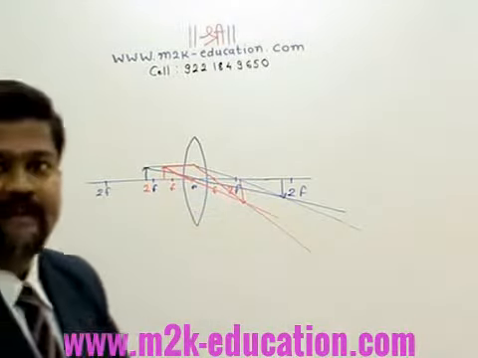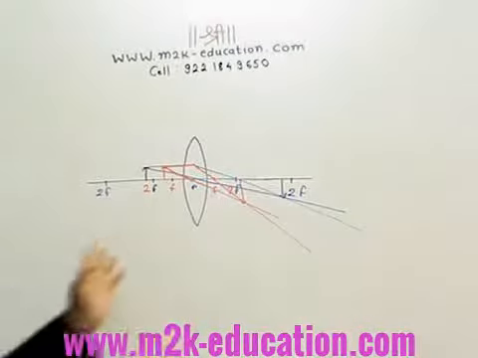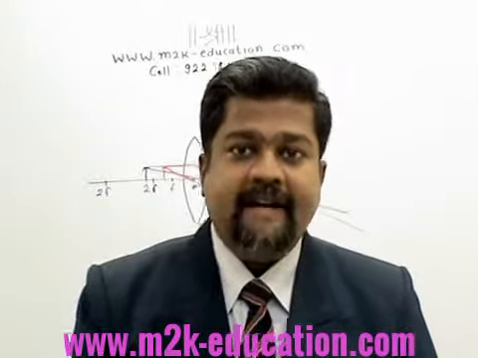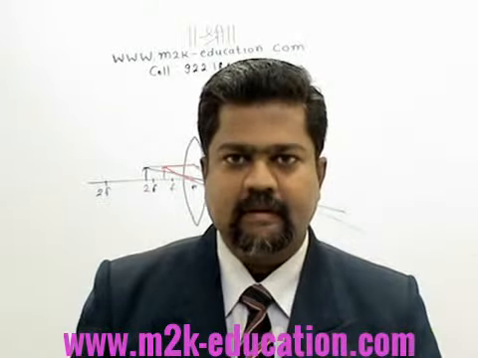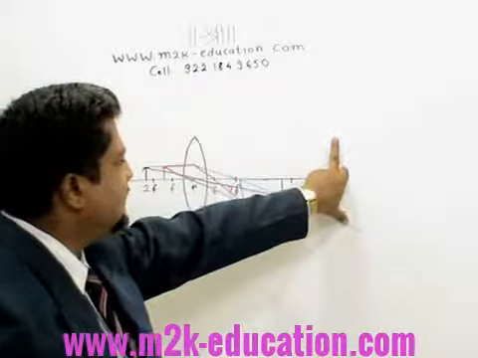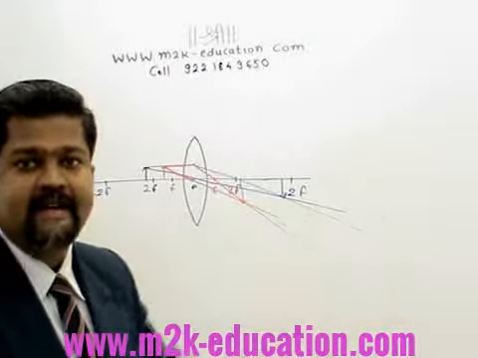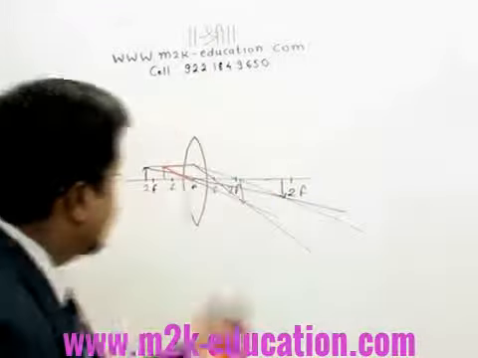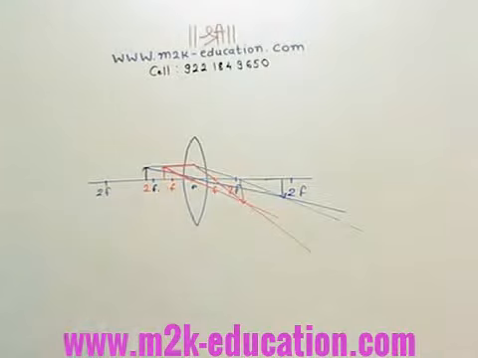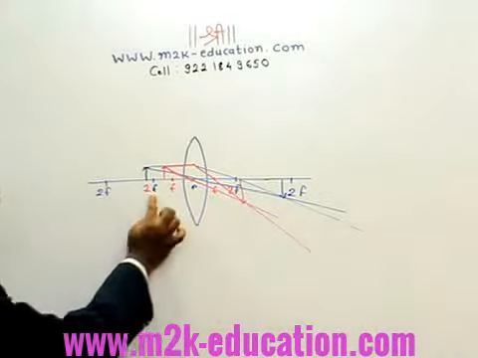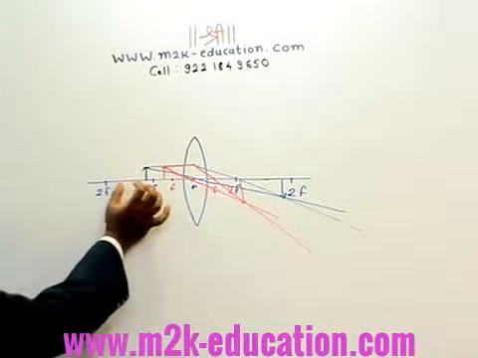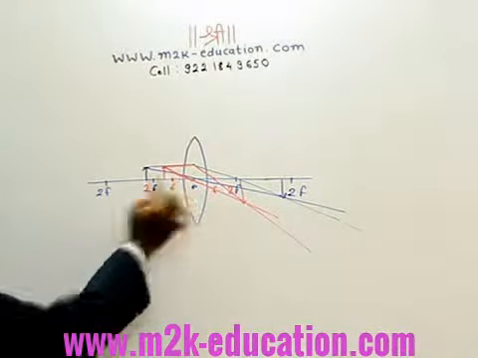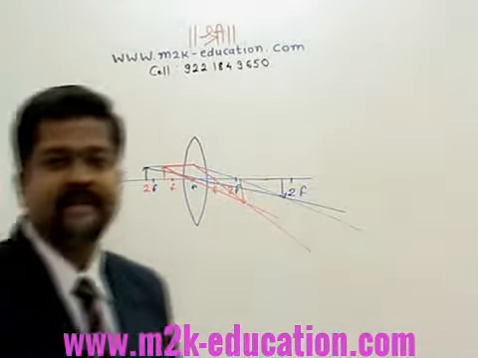This real image will act as the object for the next lens. Just look at the diagram. So here I should place the next lens. This image will act as an object. In order to get that, it is very clear that this lens should move closer. In case 1, when this was F, the object was much more away. In the second case, the object is close. So as power increases, the object is moving closer to get the image.